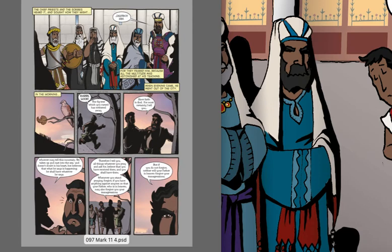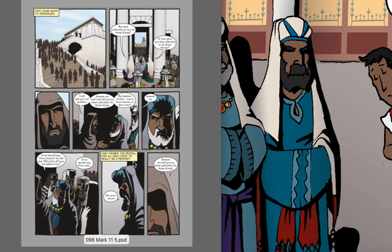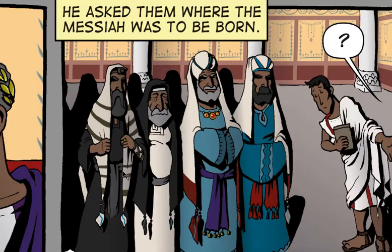They're here questioning Jesus. There's him again. And so that was fun because it also just shows the passage of time. I'll just notice that his skin's coloured white there. That's not right. Okay, so but these are guys the Pharisee again in the comic, and I think in real